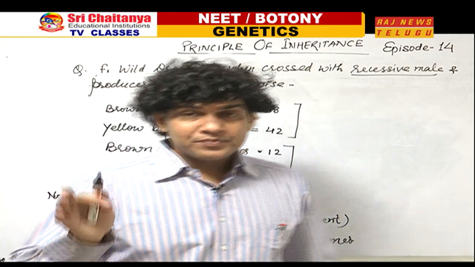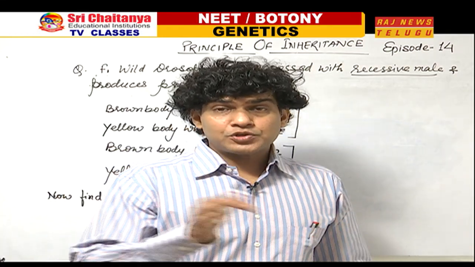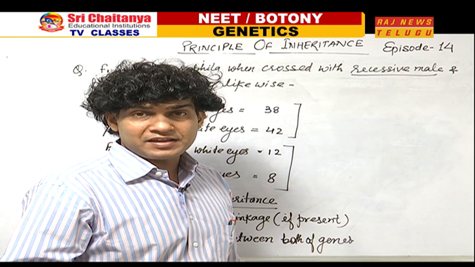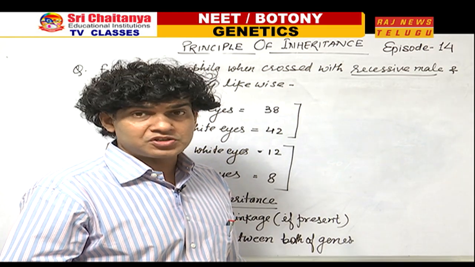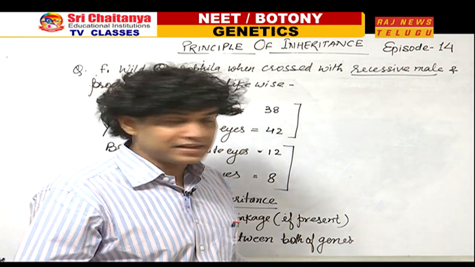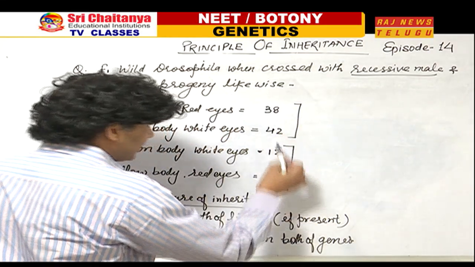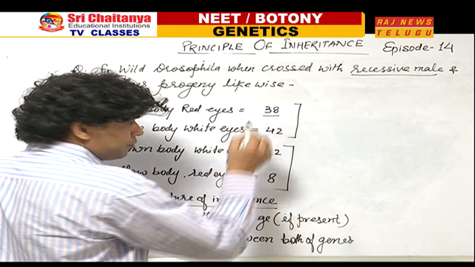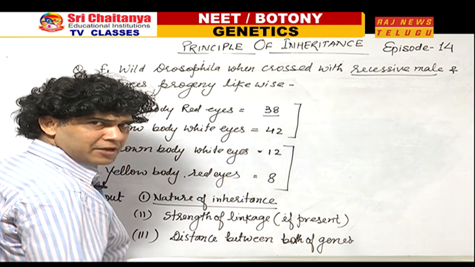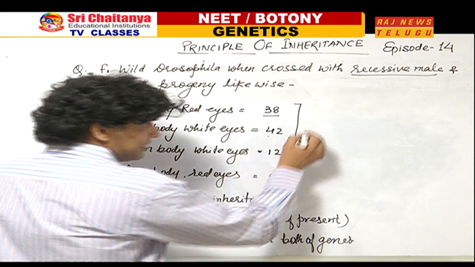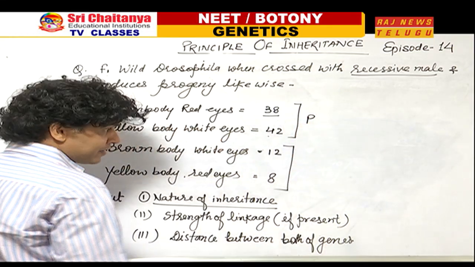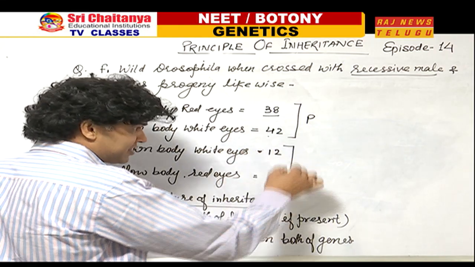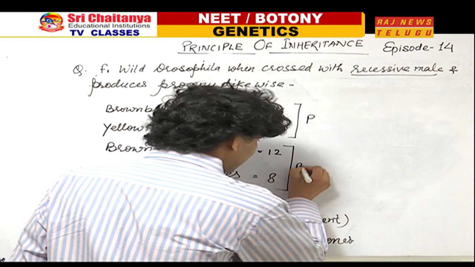You all are aware 1:1:1:1 means 25% each. If more than 25%, if any combination is arising, it means it is a consequence of the linkage, incomplete linkage. Total number of progeny 38, 42, 12 and 8 means 100. Is it more than 25%? Yes, it means it is a parental. Both are the parental. And these are less than 25% each, it means their sum is less than 50%, it means these are the recombinants.